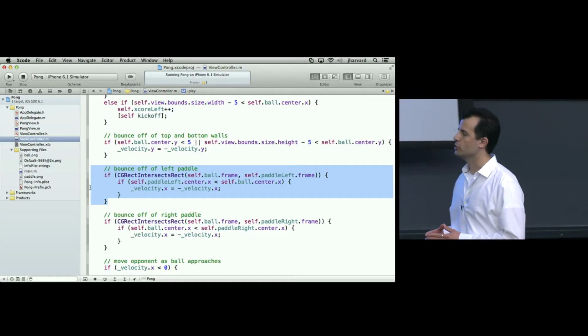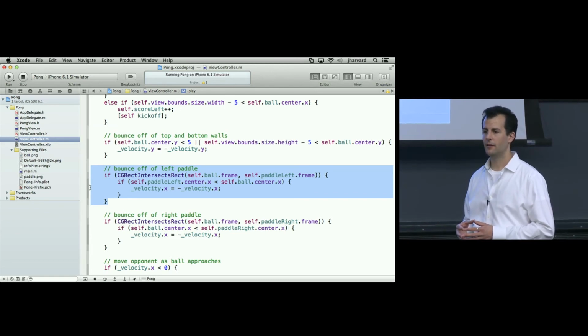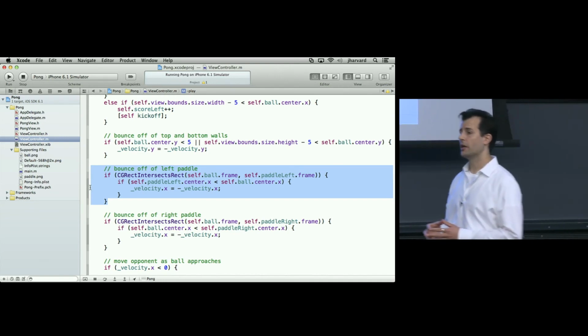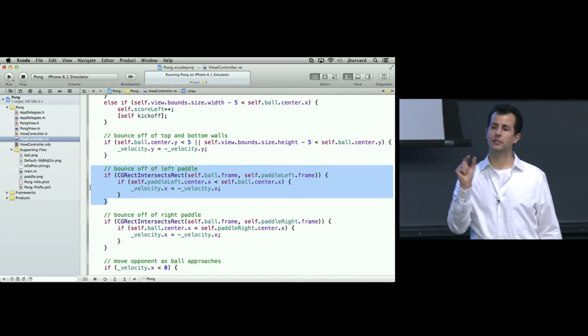If you increase the velocity of the ball, would you get a problem? Define problem. That the ball is already too far, like it doesn't really intersect? Oh, good question. Yes, so potentially. I have made certain assumptions about the thickness of the ball, the velocity at which the ball